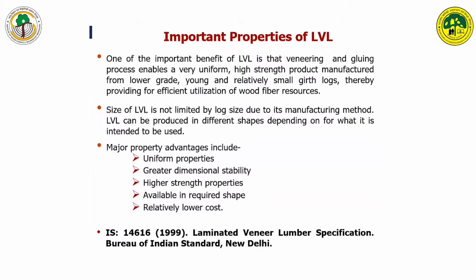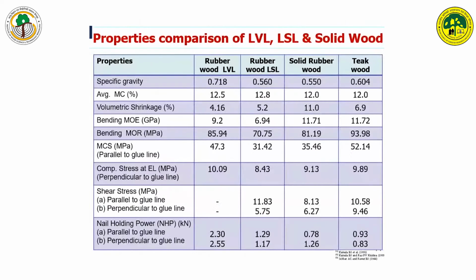So this can be referred to while producing the LVL for different applications. Now this is just a comparison of the properties of LVL and LSL, laminated strand lumber, and solid rubber wood and teak wood. Here we can see the LVL produced from rubber wood has more or less comparable properties with the solid teak wood, and much better than solid rubber wood. So rubber wood LVL,